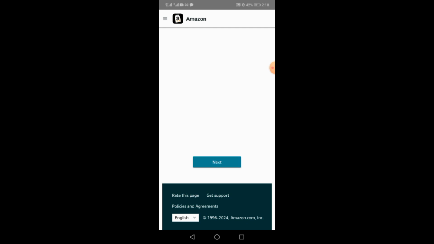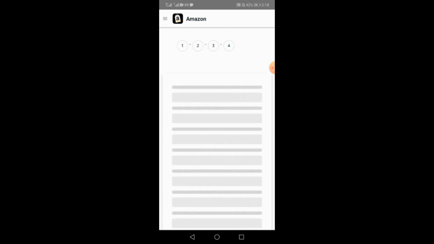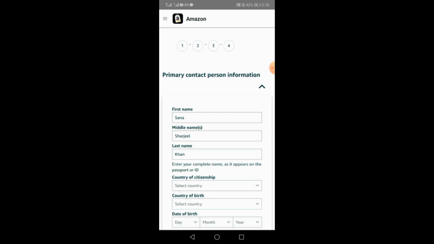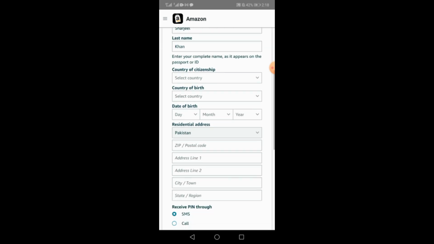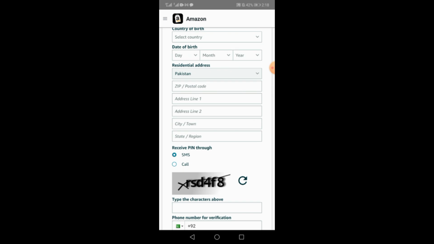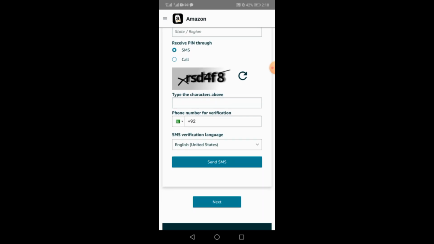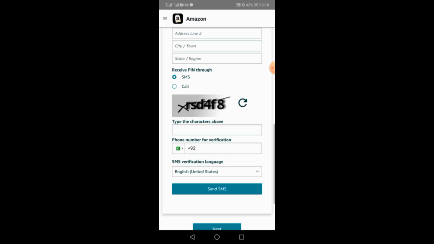So it will load soon. Or complete these 4 steps. Okay, fill out all of it. This is your information, and when you have filled it out, then click next,